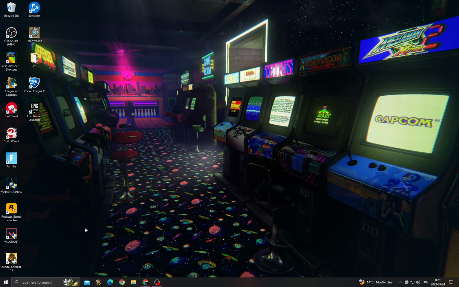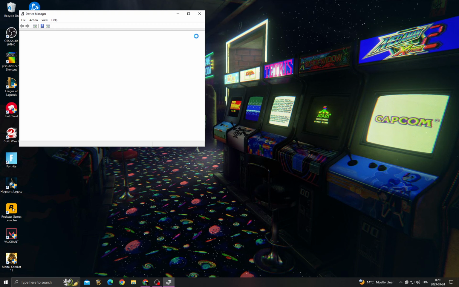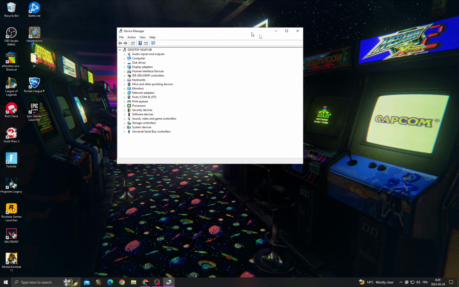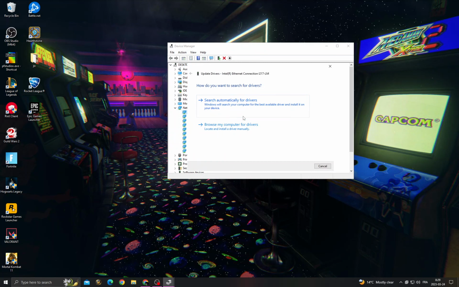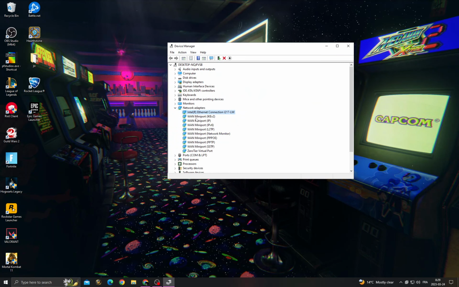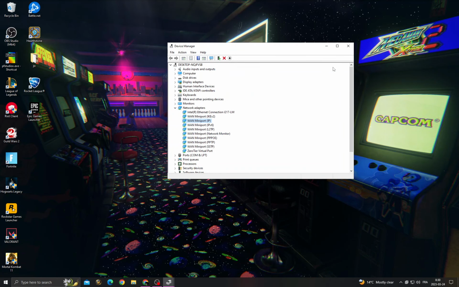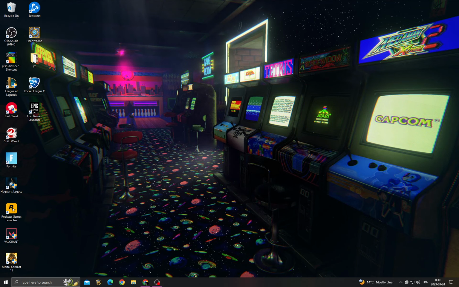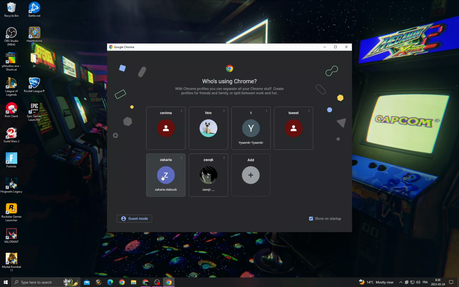If you want to fix this problem, all you have to do is first click here, type device manager, click on it, and after that go to network adapters. Now once you're here, just right click and update all those drivers, search automatically for drivers, go back and then update one by one. And that's it, just update all of those drivers one by one until the last one here, and then go back, click here, and after that go to your browser